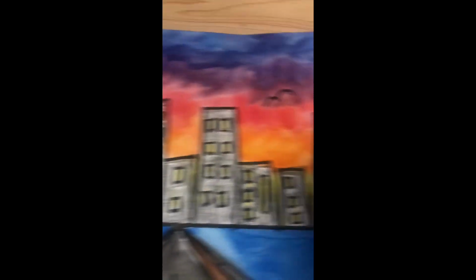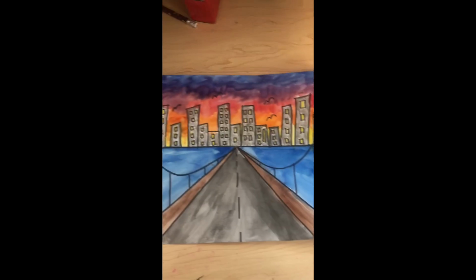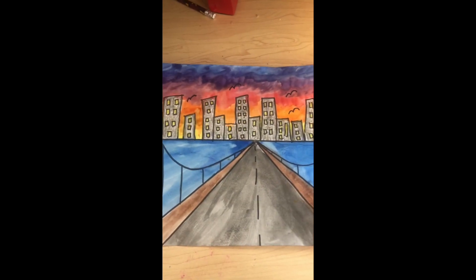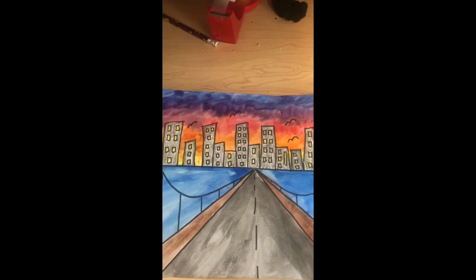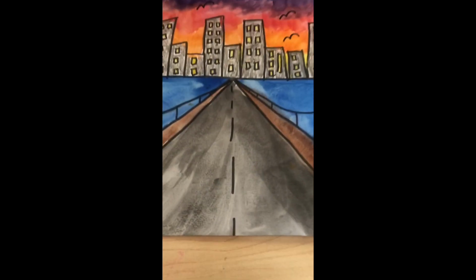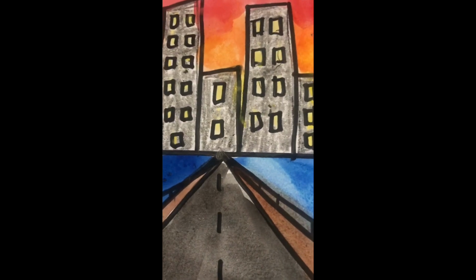If you want to do something like that, you just go in and it kind of looks like the letter M. Okay, I can't wait to see what yours looks like. You can add a car on the bridge if you want. You can add something in the water, a boat. You can add something to the sky if you like. Just remember, whatever is closer to the edge of the paper is bigger, and as it goes to that vanishing